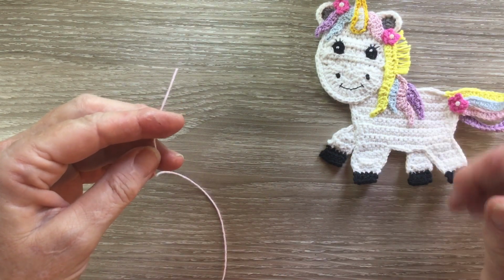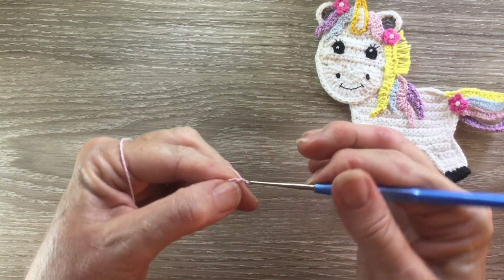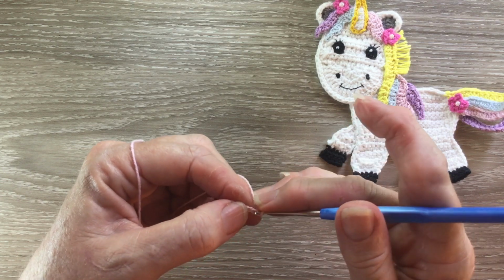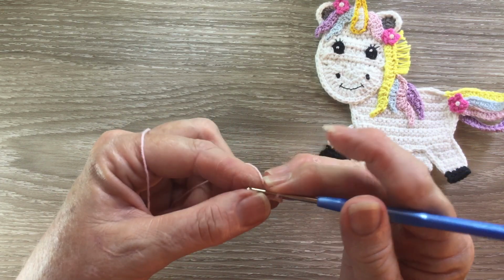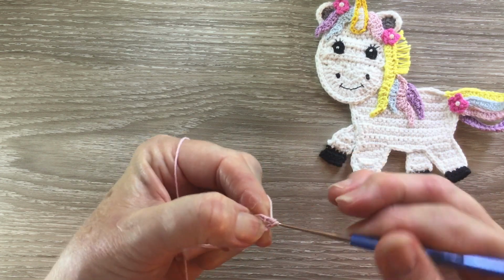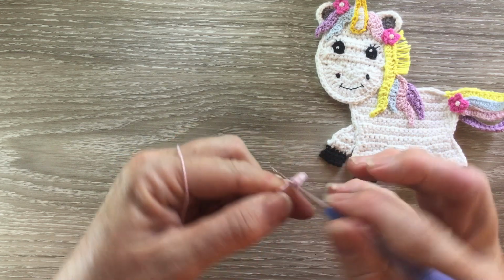While I've got my pink, I'll work this pink one here. I start with 15 chain. I miss the first stitch and slip stitch into the next stitch. I work 1 single crochet into the next, 2 half double crochet into the following stitch, one double crochet into each of the next 2 stitches,